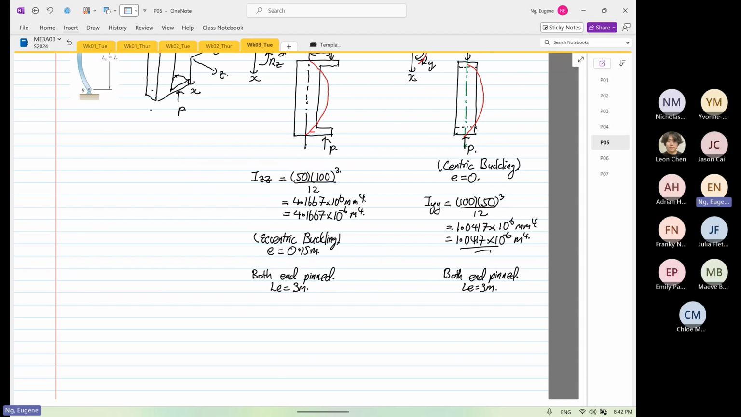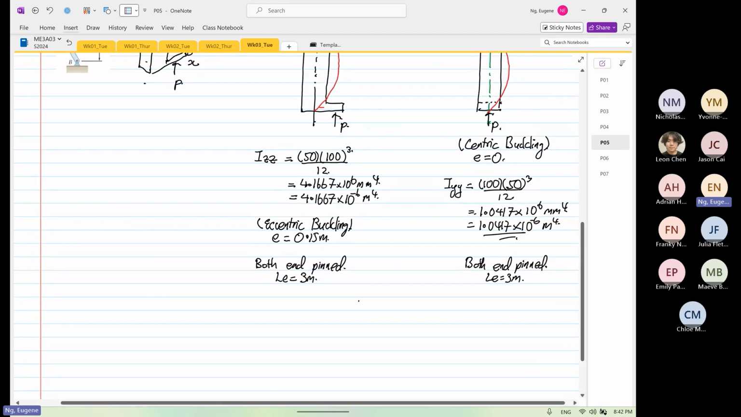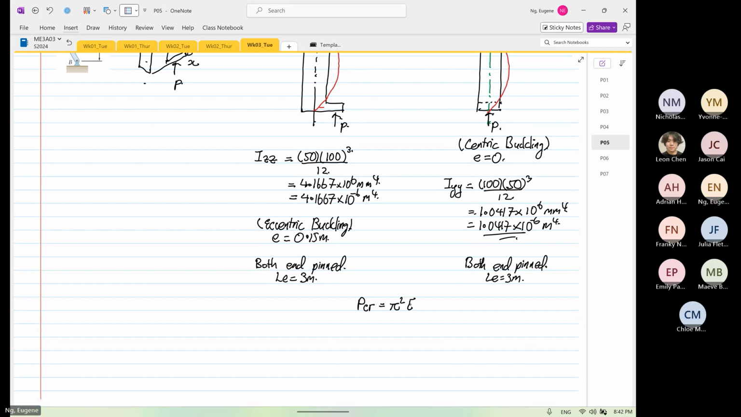So with both end pins, right, the same at both planes, and the second moment of area is smaller. If we look at the function, or we look at the critical load, it is equal to pi squared EI over LE squared, right? So LE are both the same, right? IYY is smaller than IZZ. So IYY has the smaller value. Therefore, okay,